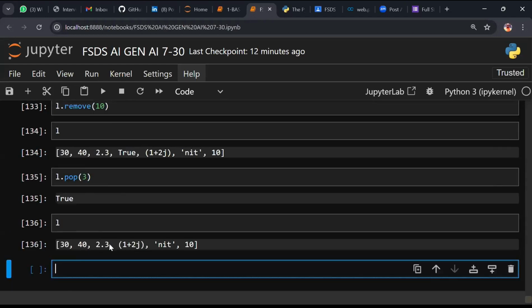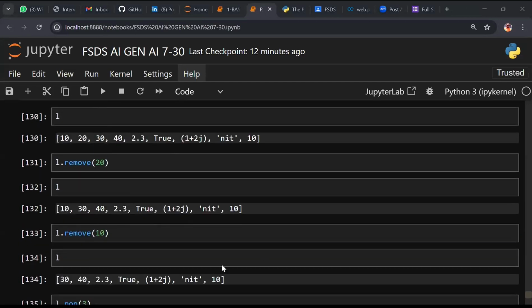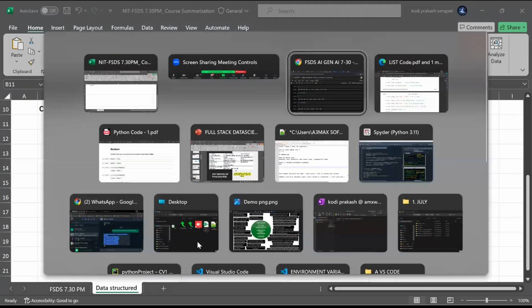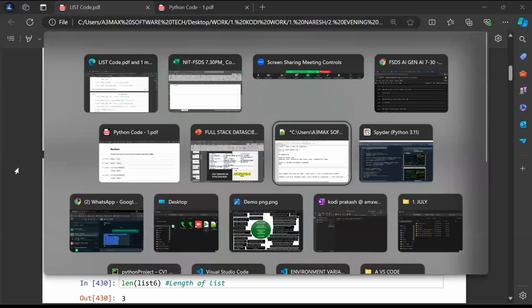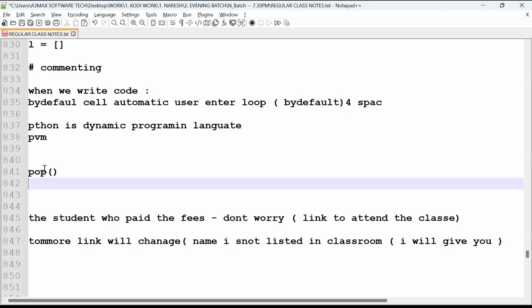Now let's check L. True is eliminated or not? Guys, do you understand or not? Online team and offline team. Very simple. There are 2 questions. I'll go to the code now and try here. In office, we work with code 29 hours. Pop and remove.